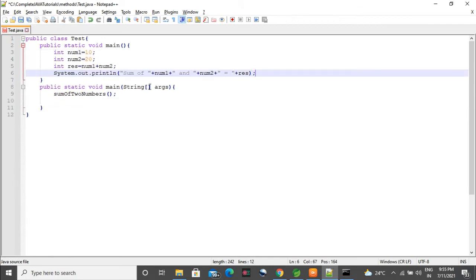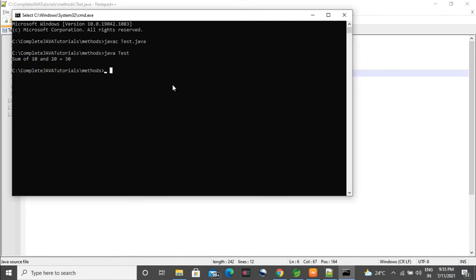Okay, now we will run. Now go to the command prompt. Now again javac test.java. Error, sum of two numbers cannot find the symbol. Okay, we'll see why.